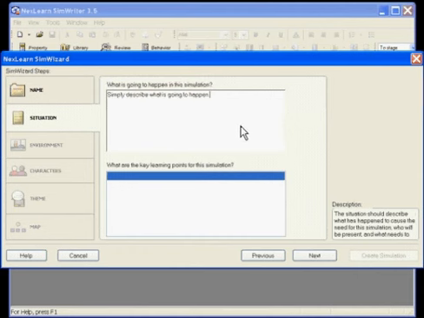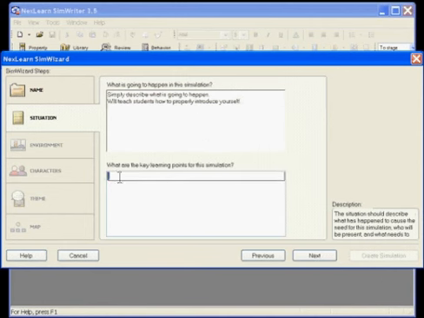I'm going to enter that my simulation will teach students how to, we'll just do something simple. So how about how to properly introduce yourself? Okay. So then under what are the key learning points for the simulation, you'll want to enter, you guessed it,